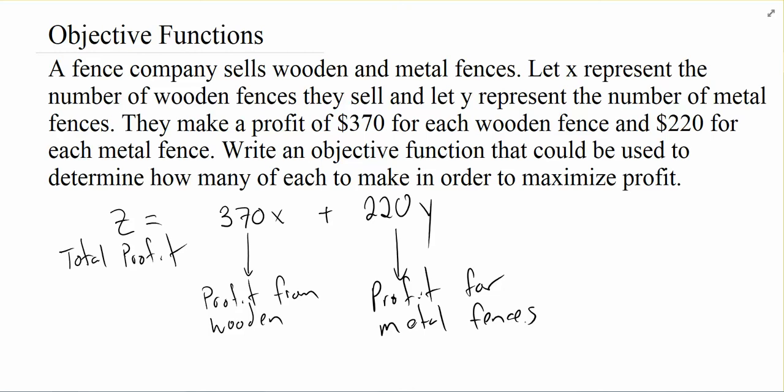So that's what we're going to look at a little bit later on, is to say, all right, which combination maximizes our profit if wooden takes us less time or more time, metal takes us more, and then maybe there's something else as far as supply and demand that we can only get so many of one or the other. So that's what we're going to be looking at a little bit later on, but as we're translating, we just want to break these apart and take them simple at a time and say, all right, what is it I'm looking for? If I'm looking for total profit, then I need to find the profit from the wooden and the profit from the metal, and that's the kind of thing we want to look at.